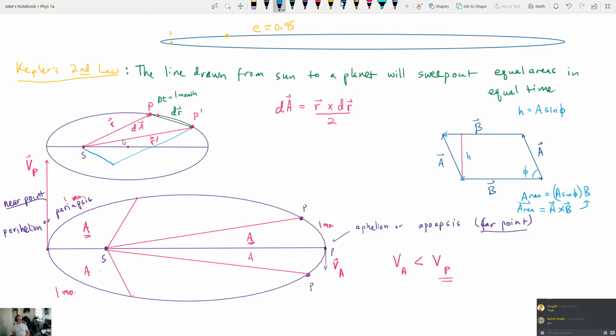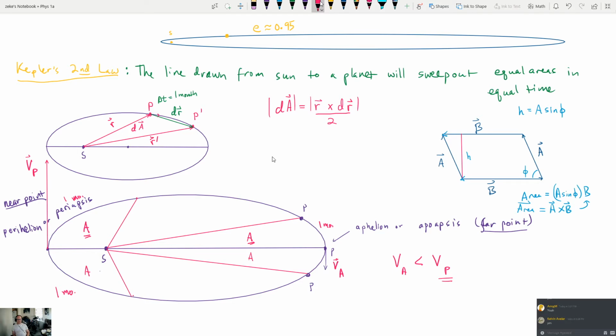So that's my area then. We just do r cross dr, and we divide by 2, okay? Now, all we're really going to care about is the magnitude of this, so we'll just put absolute value symbols on here to say that we're only caring about the magnitude of these vectors. And